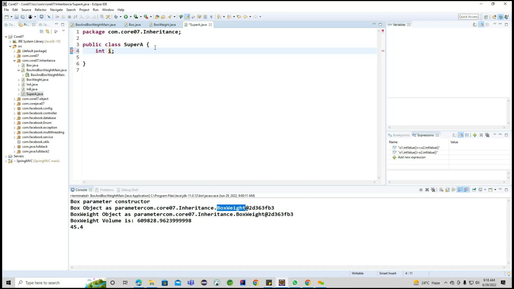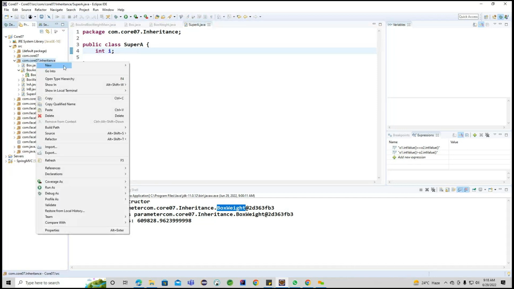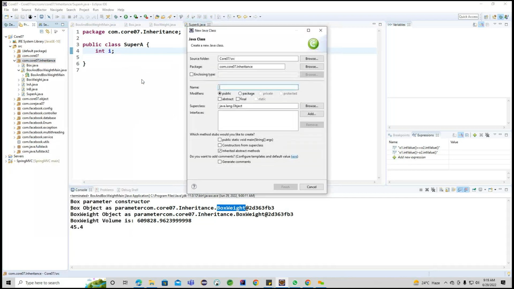Int I, okay, I will define as I. Into I am defining here. This is important, we need to understand. This is the super class here. Right, now I'm going to define one more class, and here